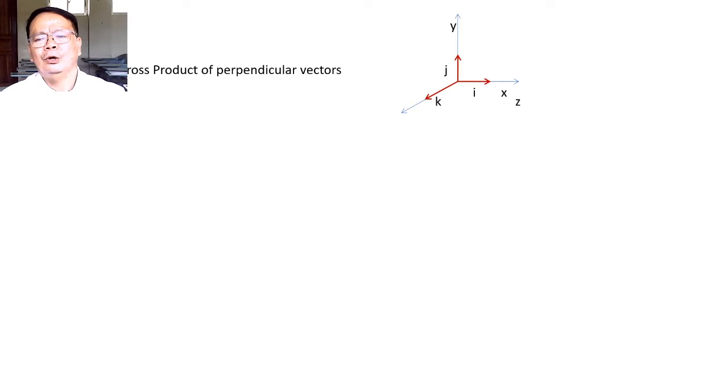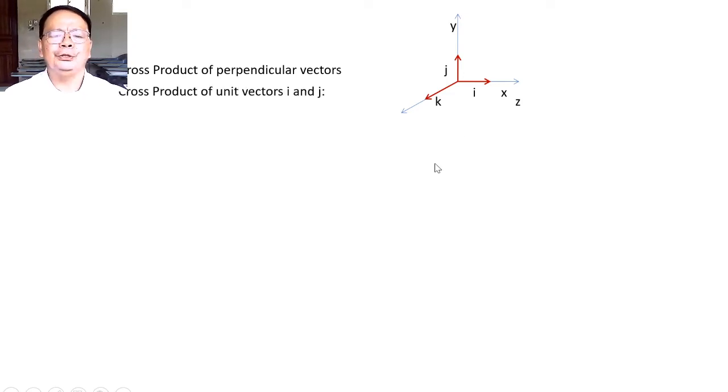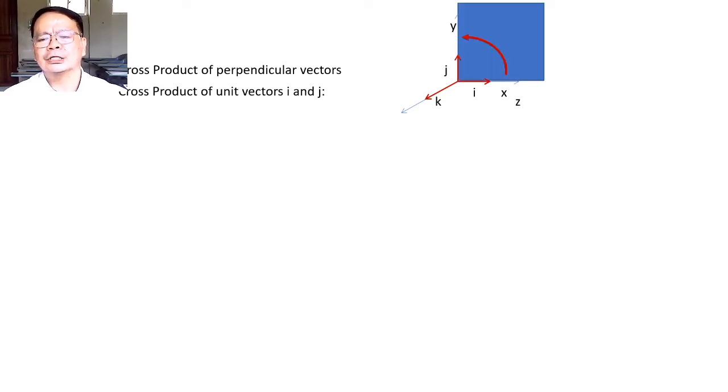What about the cross product of two perpendicular vectors? Imagine again that I have here the x, y, z axes, where i, j, and k represent the positive directions of x, y, and z. Now for the cross product of the unit vectors i and j, because i and j are lying on the xy plane, then i cross j shall be represented by the arrow that is directed from i towards j, and we would see that an axis perpendicular to this plane is the positive z-axis represented by the